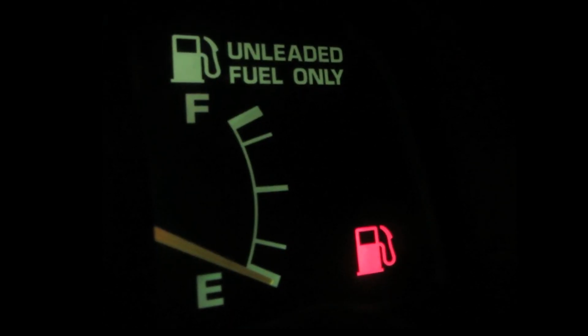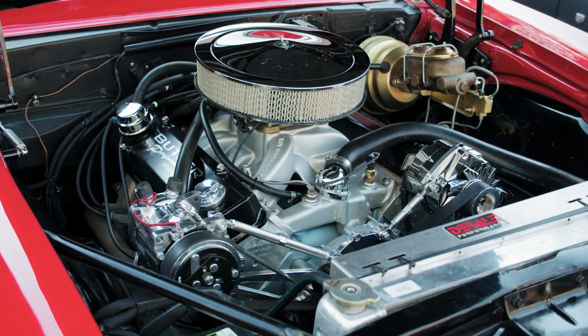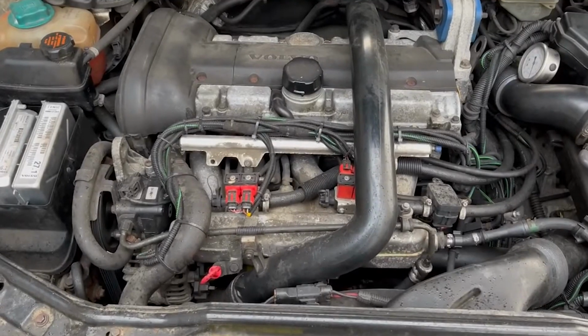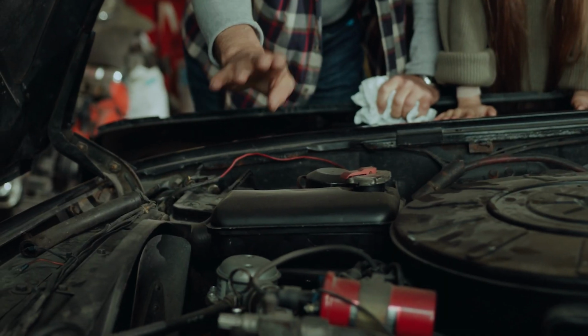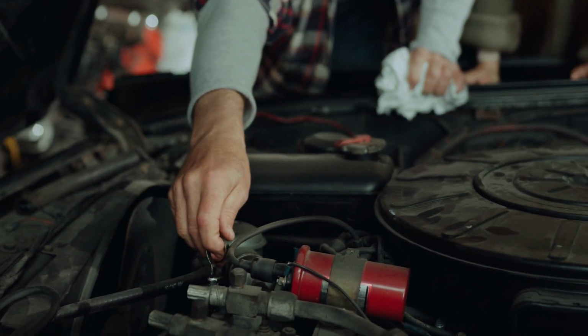Cold starts also hurt fuel efficiency and emissions. Modern engines use a richer air-fuel mixture when cold to compensate for lower combustion efficiency. Driving immediately forces the engine to work harder in this inefficient state, wasting fuel and increasing wear on parts. If you push the engine hard during this phase, it can even lead to overheating and damage sensitive components like